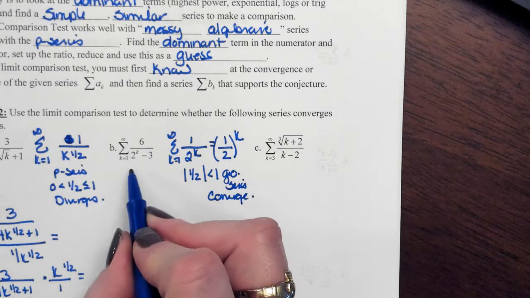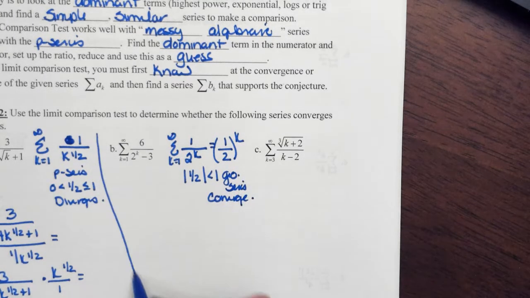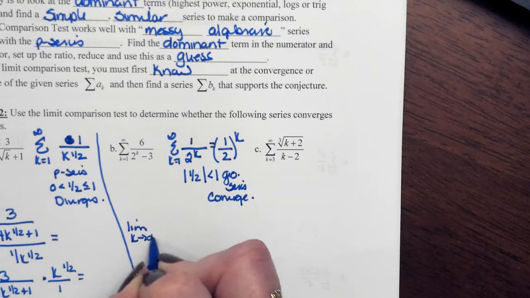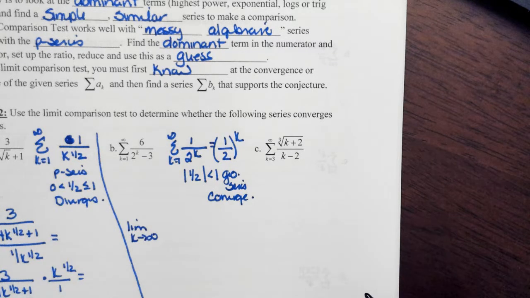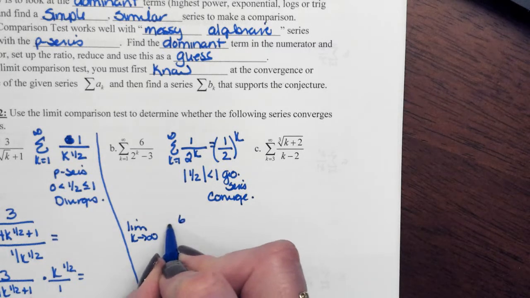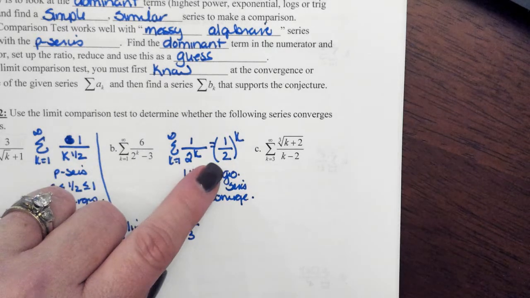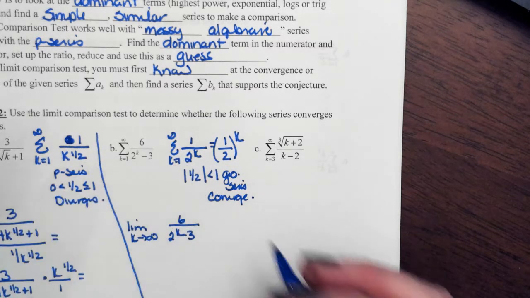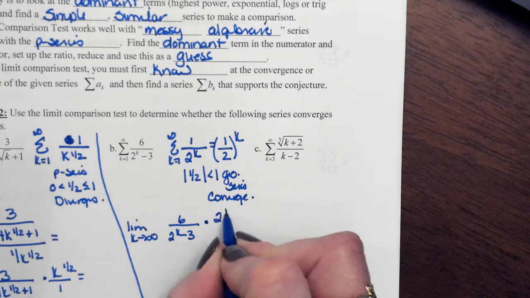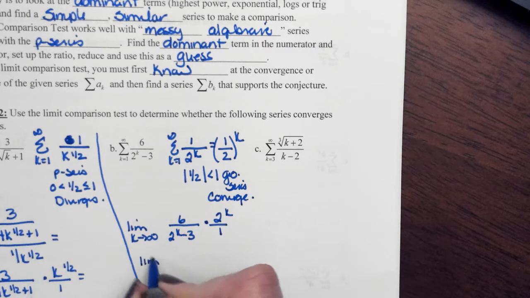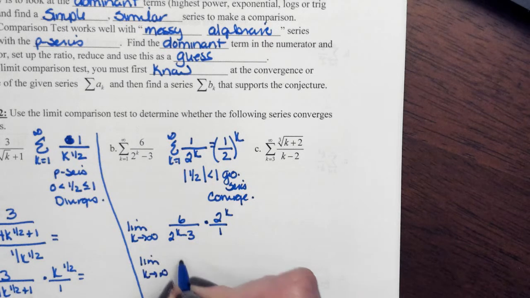So now let's take a look and let's use the limit comparison test for part B. So I'm going to find the limit as k goes to infinity. Again, I'm going to take the series that I know, so I'm going to take that 6 over 2 to the k minus 3, and I'm going to divide it by the series I'm comparing to. Again, when I divide, I'm going to multiply by the reciprocal, so I'm going to multiply that by 2 to the k over 1. So when I find the limit as k goes to infinity, that's going to give me